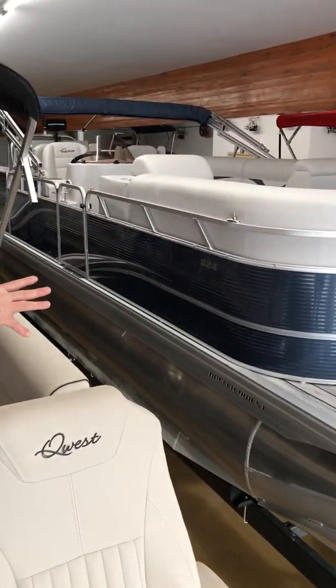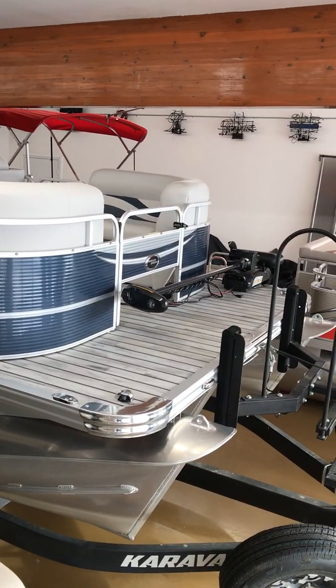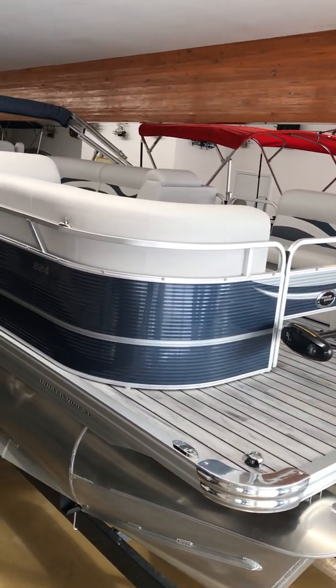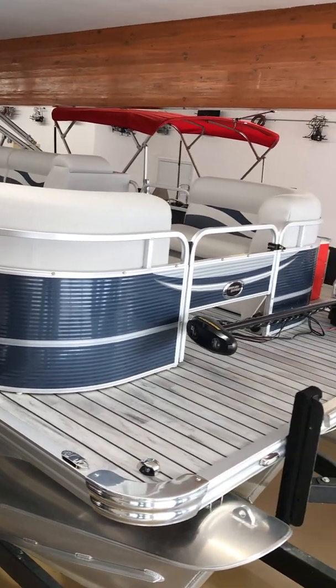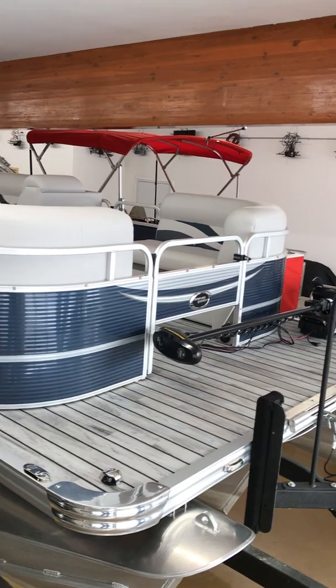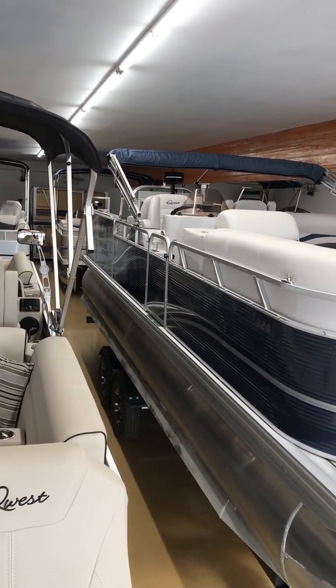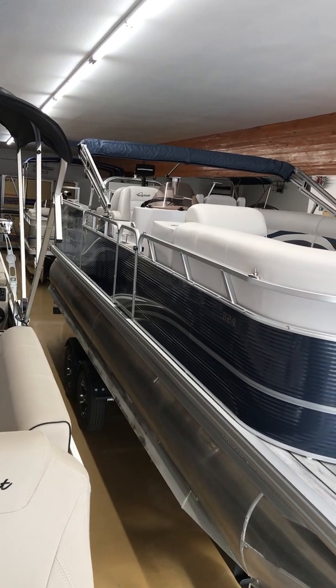There's a 24, which can also be a 25 or a 26. It's called Family Fish and Fun. So we put a 36 volt Minn Kota Terova on it, linked to a Helix 9 in the back, and we can put Cannon downriggers on it, tie it all in there together,